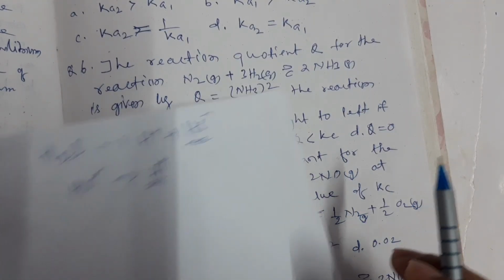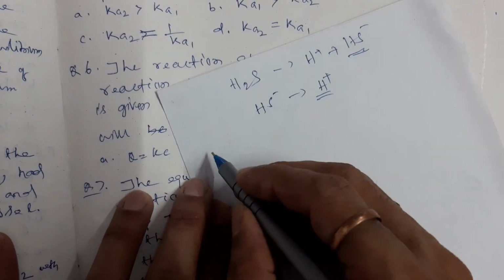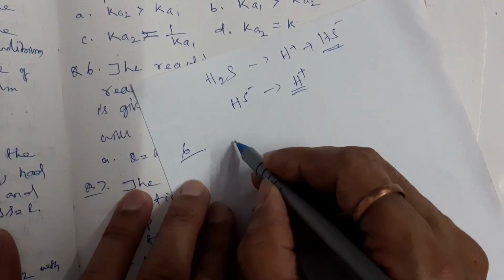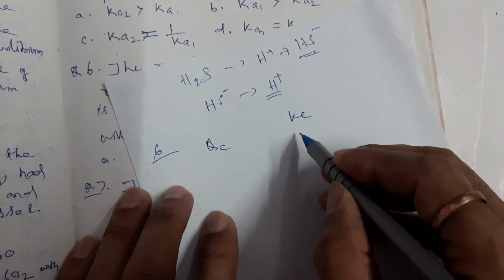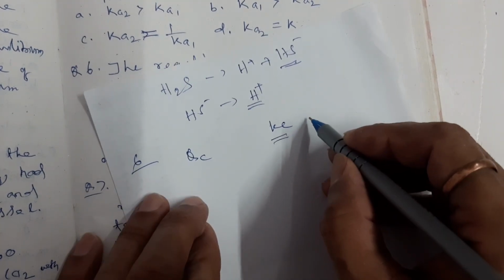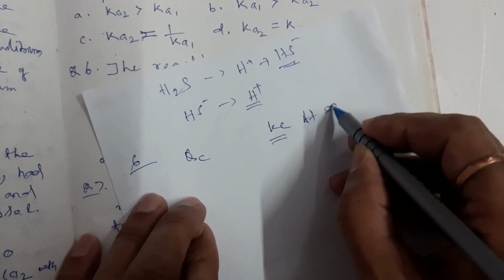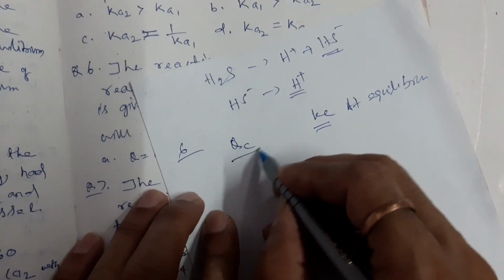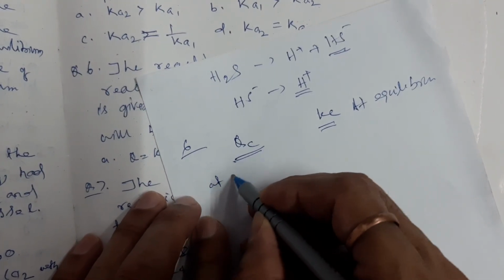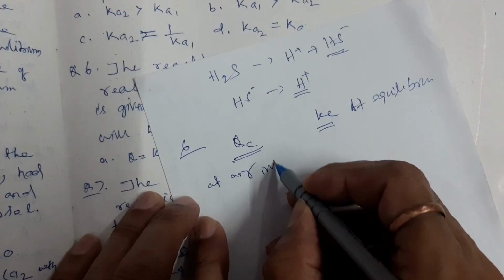You see, reaction quotient Q, and Kc is the equilibrium concentration ratio. Equilibrium constant is always taken at equilibrium, but reaction quotient at any instant,